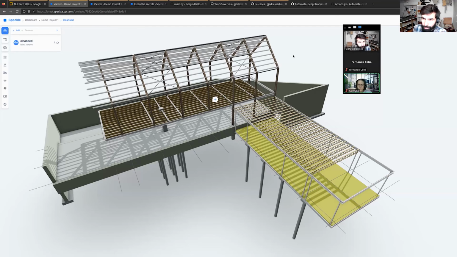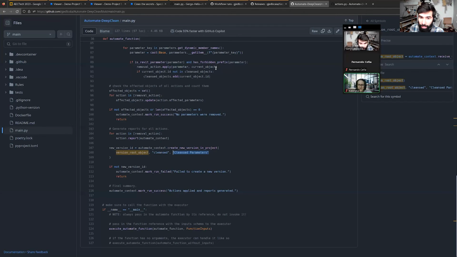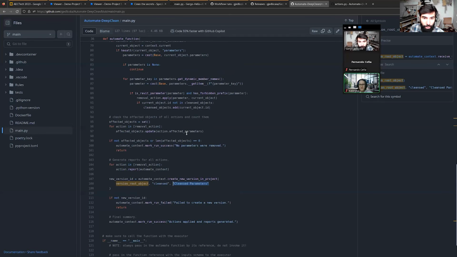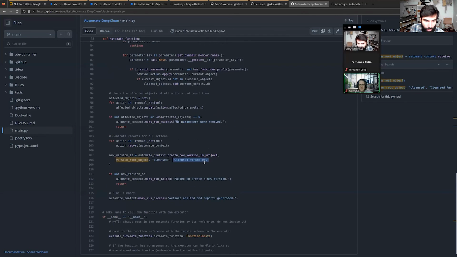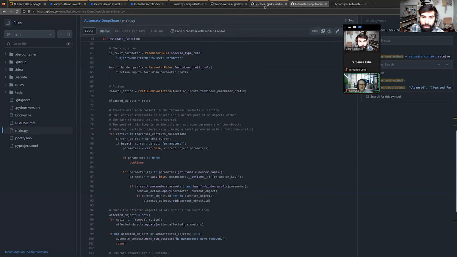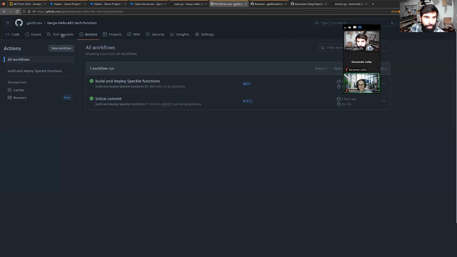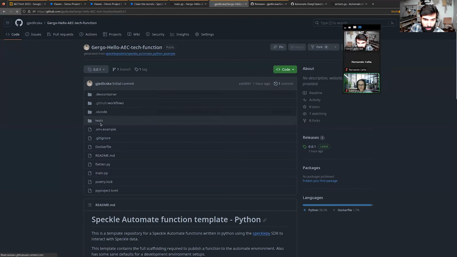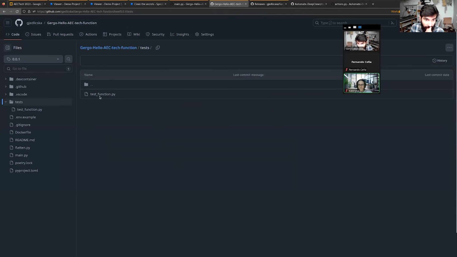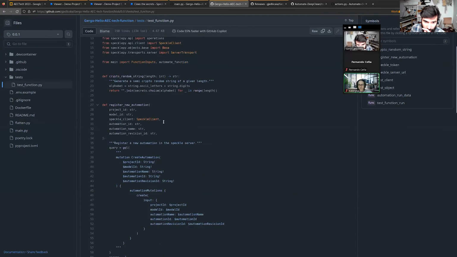So let's say your automation found some missing parameter objects. Our SDKs already support this. So let me look for an example of this here. Let's say the initial example that we used for checking for invalid speckle types. In this function,